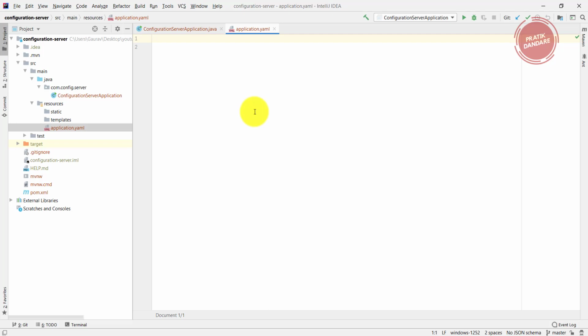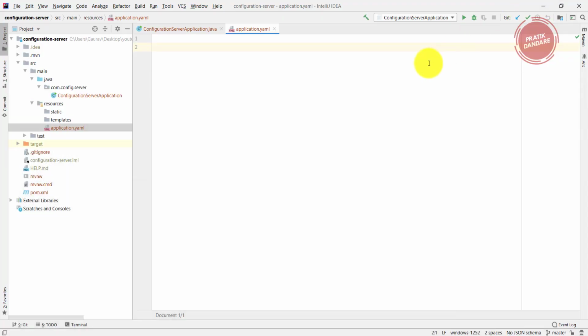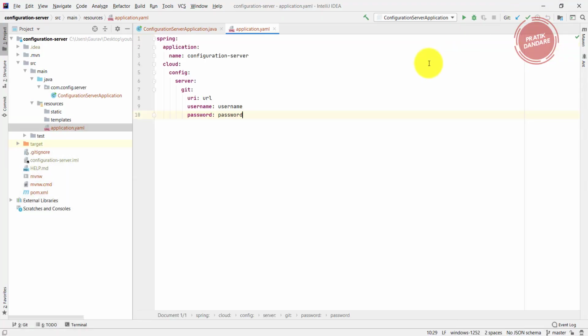So I'm going to copy and paste here. These are the properties we need to put inside the yml file. This is our application name, we need to put it, but it's not compulsory. If you want, you can put it.